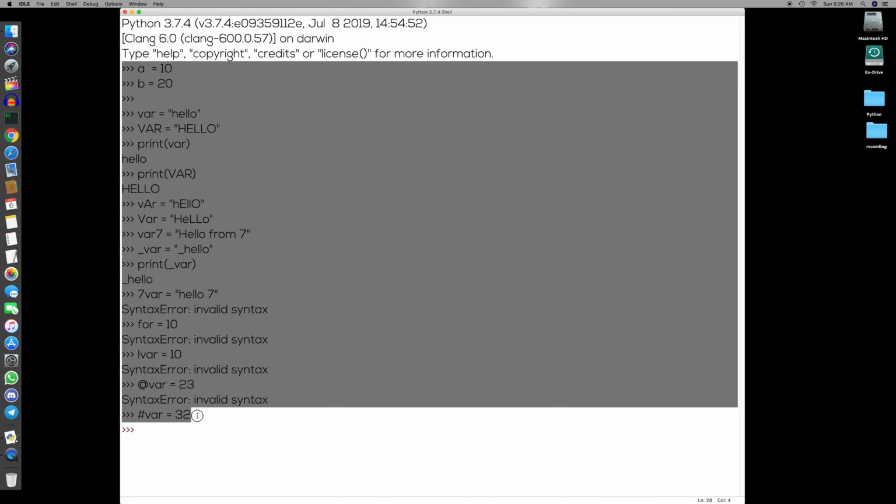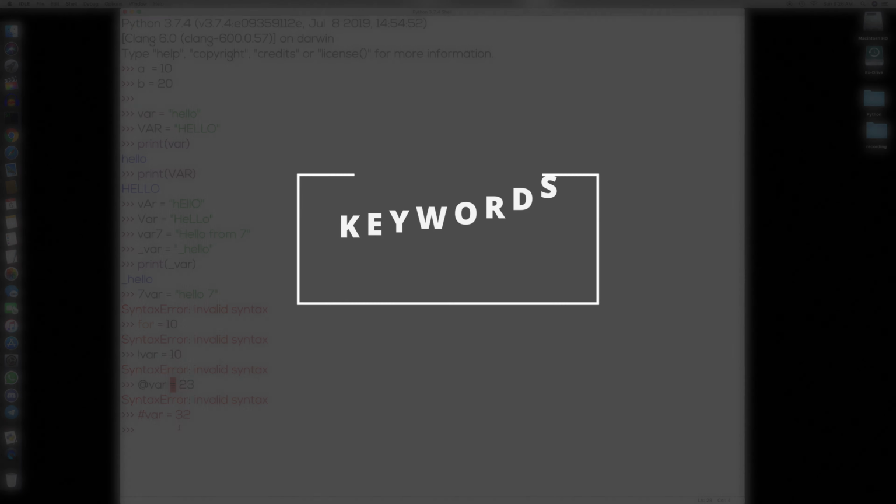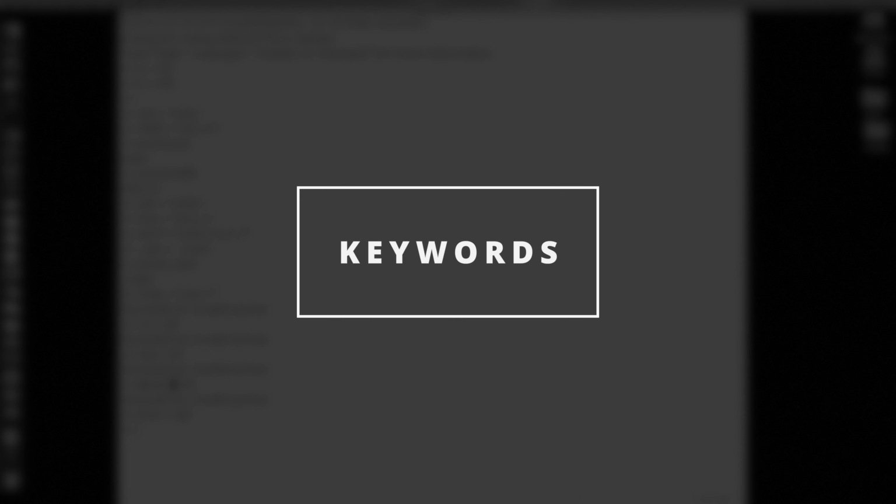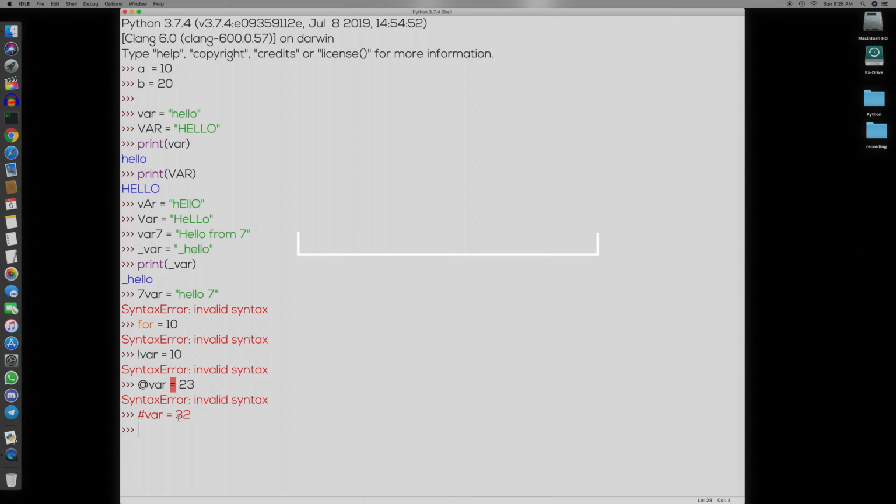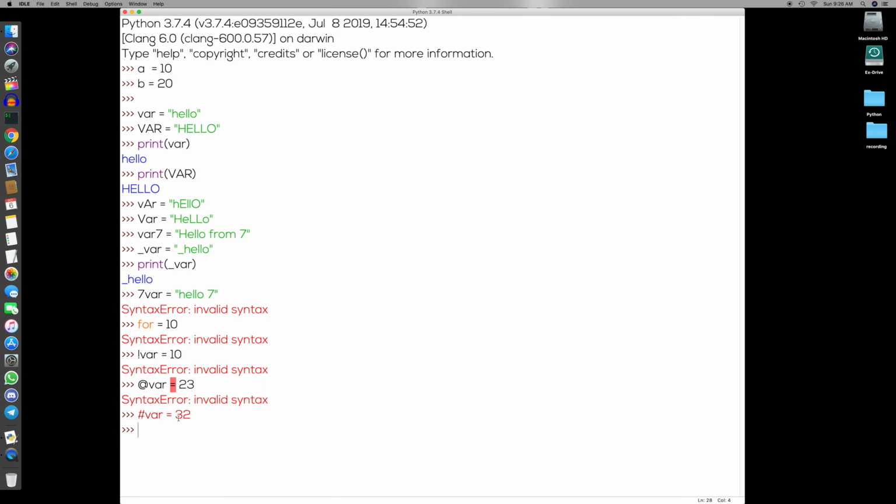So here we have completed identifiers, and now we are moving to Python keywords. Let's first understand what keywords are. Not just in Python, in any programming language, you will find keywords. Keywords are the reserved words in a programming language that are used to define the syntax and structure of that language. Those are special words which we cannot use as identifiers.